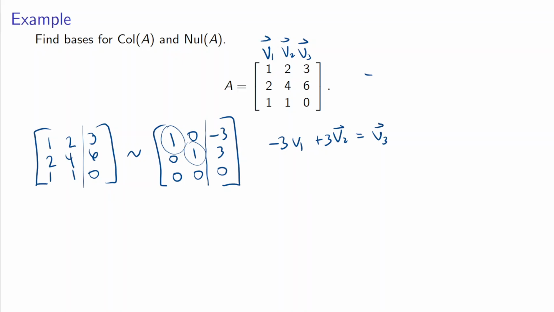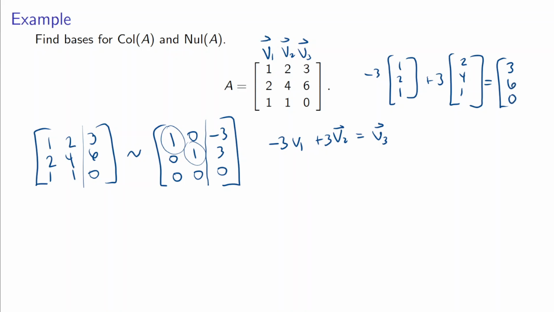And you can double check that. Negative 3 times 1, 2, 1 plus 3 times 2, 4, 1 equals, negative 3 plus 6, so that's 3, negative 6 plus 12, so that's 6, and negative 3 plus 3, so that's 0. So it does, in fact, work. And so what we can tell is that these columns themselves are not linearly independent, because v3 can be written as a linear combination of v1 and v2, but v1 and v2 are linearly independent. And so we can get a basis